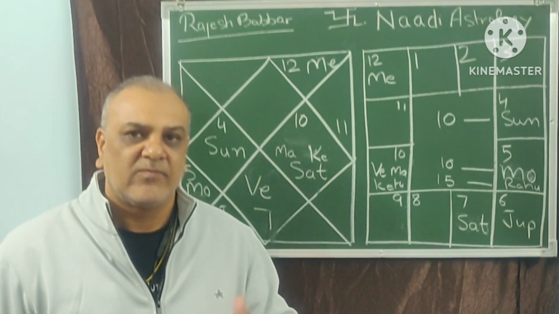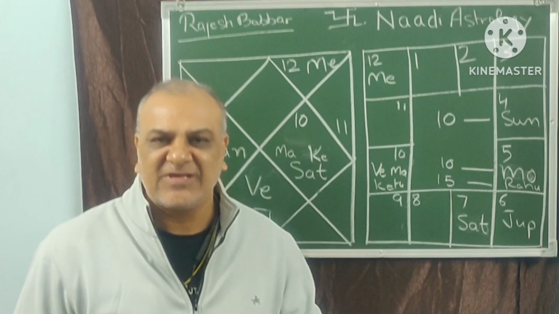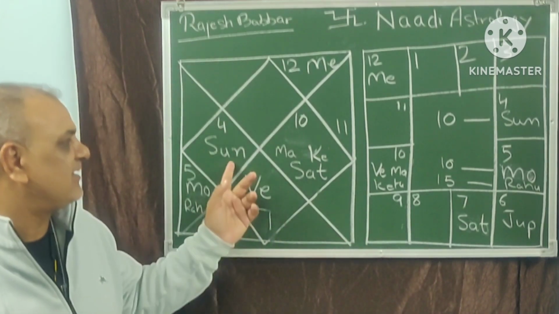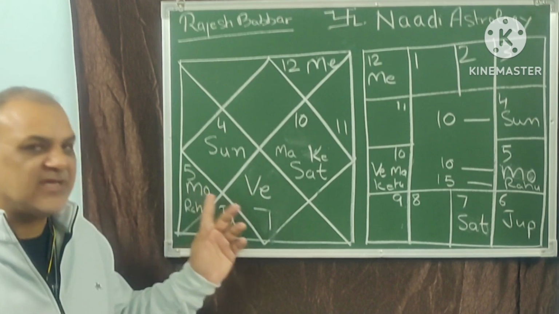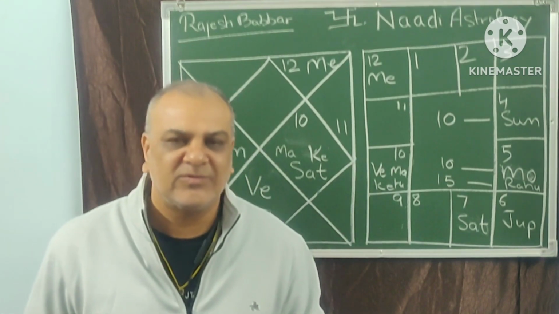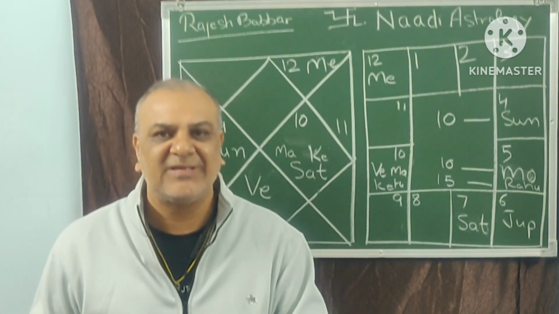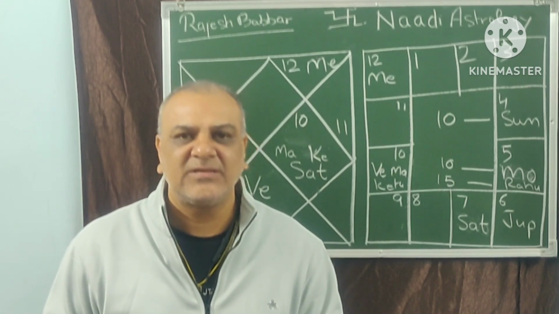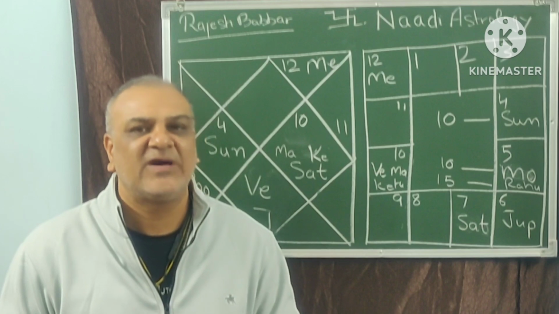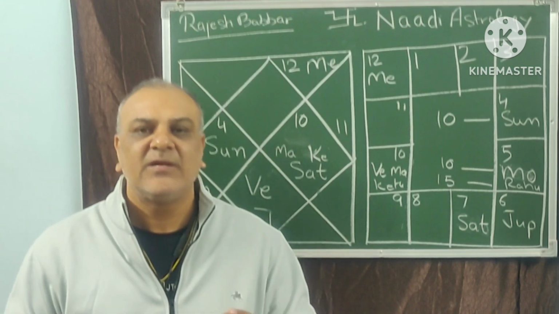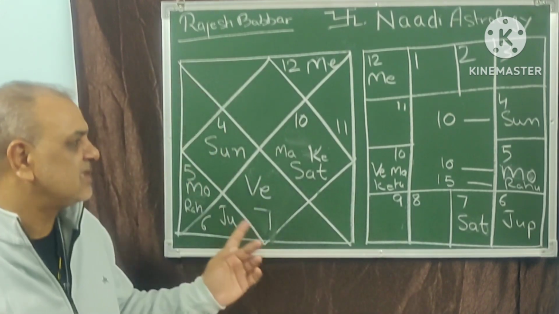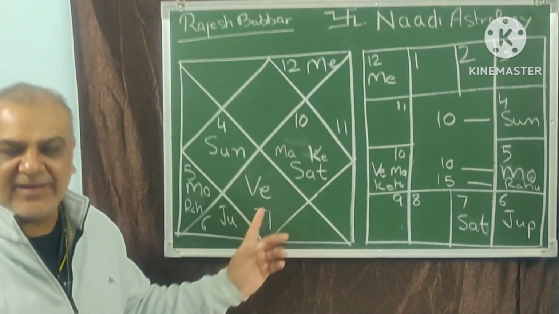Now Rahu, which was giving trouble to Moon, got Rashi exchange, he entered Cancer, and Sun came in the grip of Rahu. That means both mother and father, because Sun is father, Moon is mother, both mother and father will have a very troubled life. You can analyze this from the chart of the native itself.